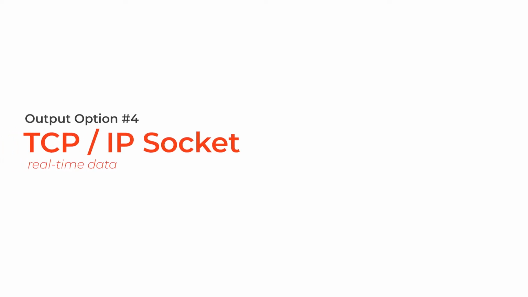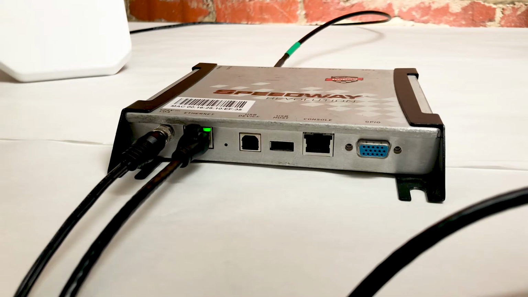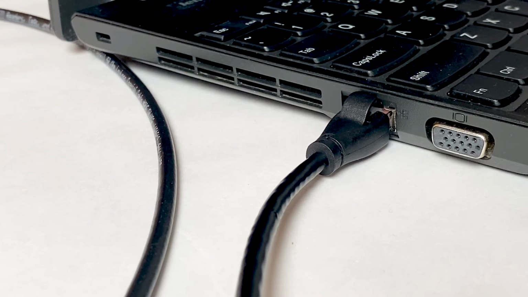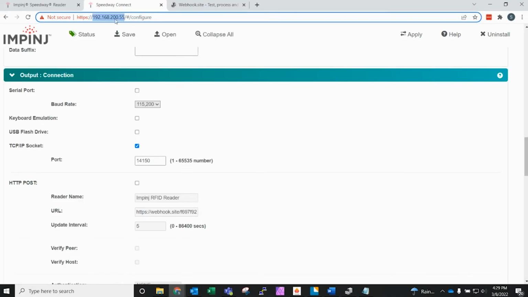TCP/IP Socket, real-time data. With all the settings still the same, I uncheck USB flash drive and check the TCP/IP socket and apply the settings. For TCP/IP socket, the data is transmitted through an Ethernet cable, and mine is already plugged in. Once the settings have been applied, I go ahead and copy the IP address within the URL and then open